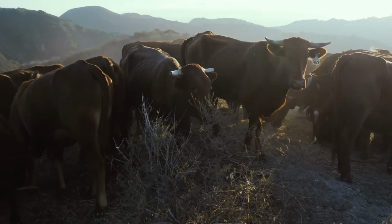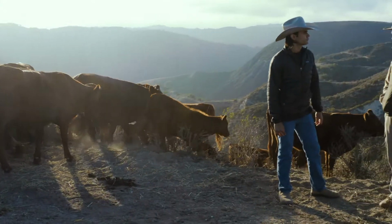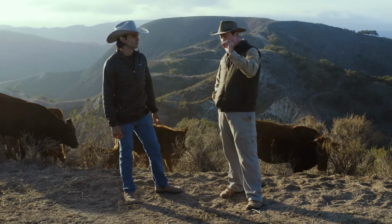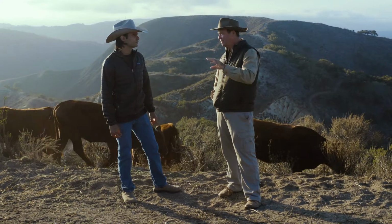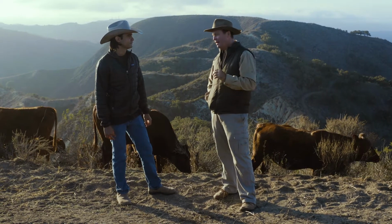And so those microorganisms that live below the soil, the ones that live in the top millimeter of soil only live in the top millimeter of soil. The ones in the second millimeter only live there, et cetera, and as we go all the way down through the soil profile. Now,